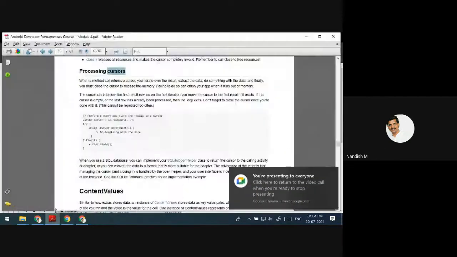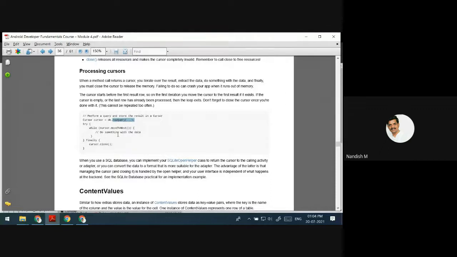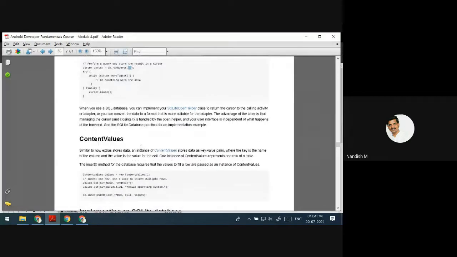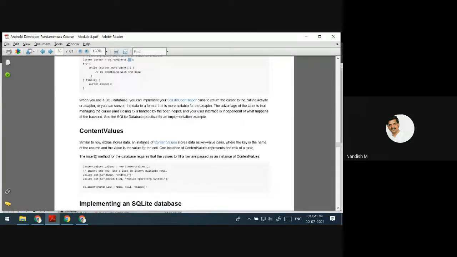Okay, see, this is how you are going to run with the raw query. You have another way of executing the queries. This is one way, directly by passing the raw query itself. The other way is functions. There are so many functions. See here, like this.